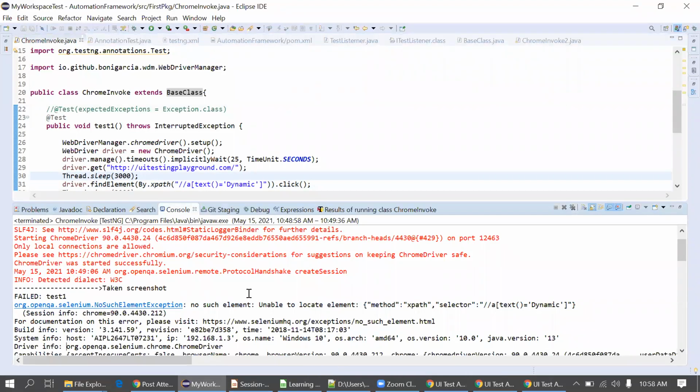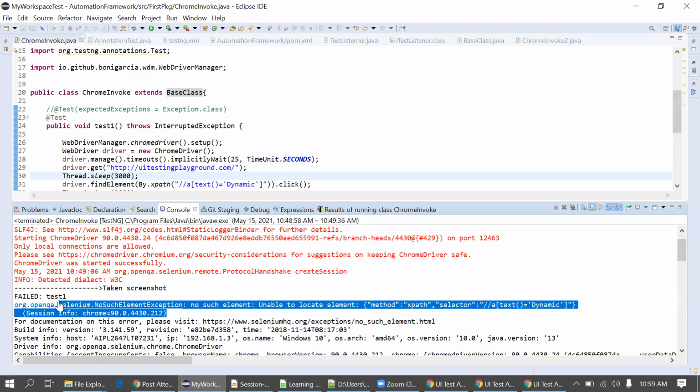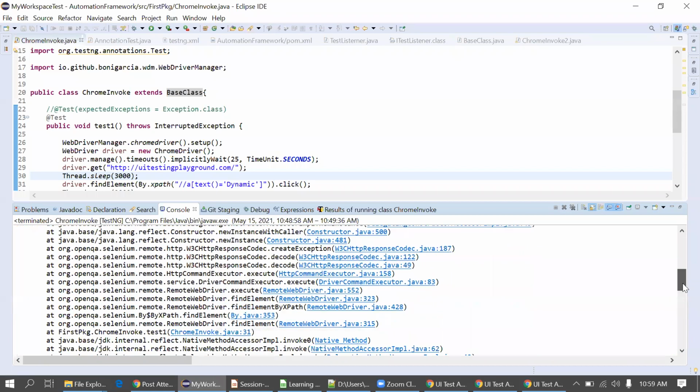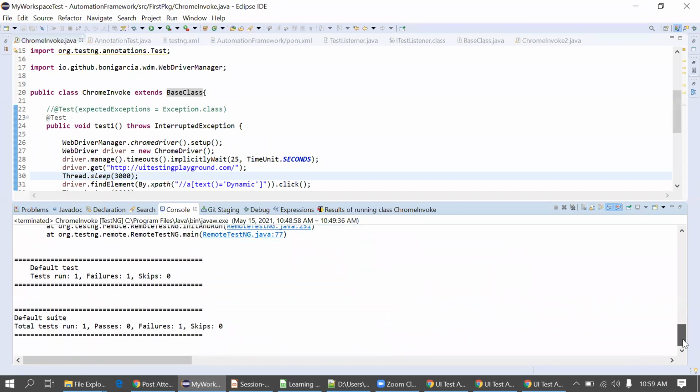And always look for the first exception that you are getting in the console, because due to this first exception, you might get subsequent exceptions that you can simply ignore. If this gets fixed, the other exceptions also you will not get next time. Always look for the first exception. Just remember this. And this is the last actually. We will get the result in this format in the console.